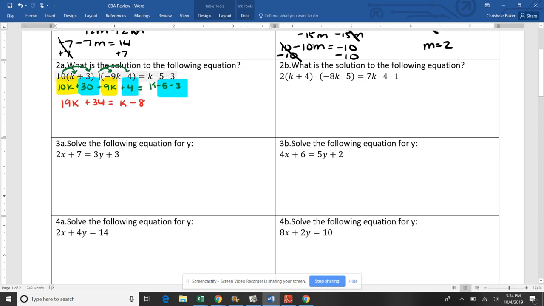Next step, I'm going to move my variable to the left. This k is positive, so I will subtract k from both sides, leaving me with 18k plus 34 is equal to negative 8. Next, I'm going to add or subtract my constant to the right side. So since it's a positive 34, I'm going to subtract 34 from both sides. So I'm left with